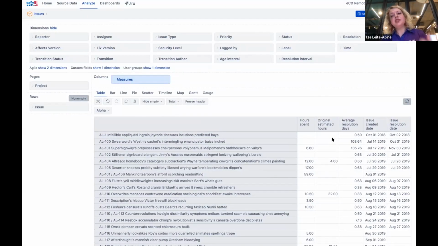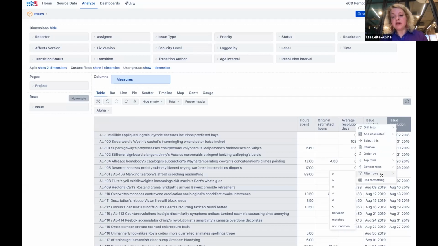If we want to see only issues resolved in this 2019, because we used this in our previous reports, you can of course add time dimension in pages as we did in the previous reports, but this would affect all the measures you have used in the report. And our spend could be logged during 2018 if those issues are long resolution time. So if we do not want to affect all other metrics, we can also filter reports, not only by this page filter, but also by row filter. And filter rows between